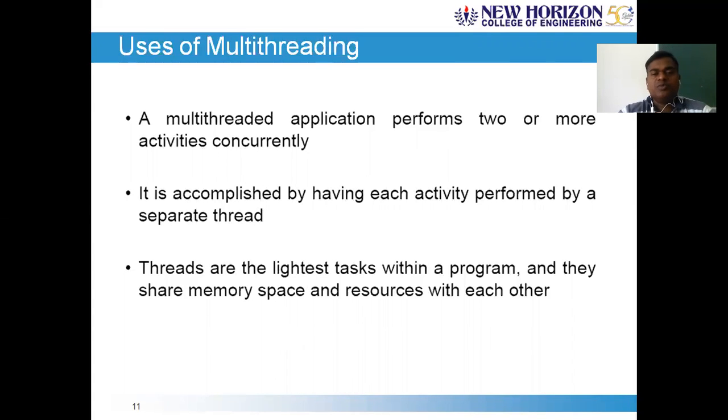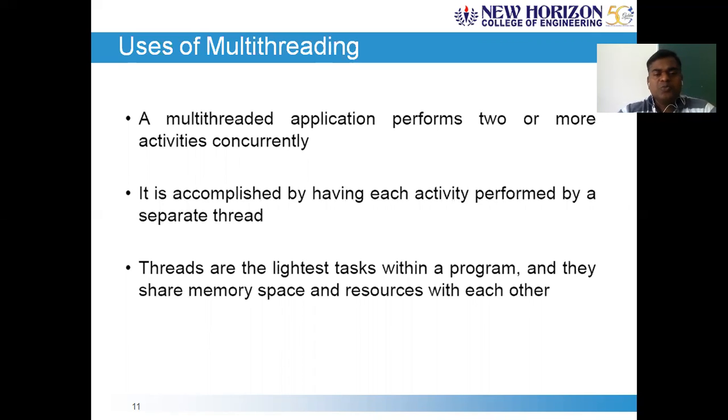A multi-threaded application performs two or more activities concurrently, which means there may be thousands of requests for booking a ticket in the Tatkal duration, more than one activity happening concurrently, and based on priority and first come first served, the tickets will be booked. In order to handle each of the reservation requests, each thread will be defined. Multiple threads will be running to handle those requests. If a thread is ready to accept a request, it will process it and your ticket may get confirmed.